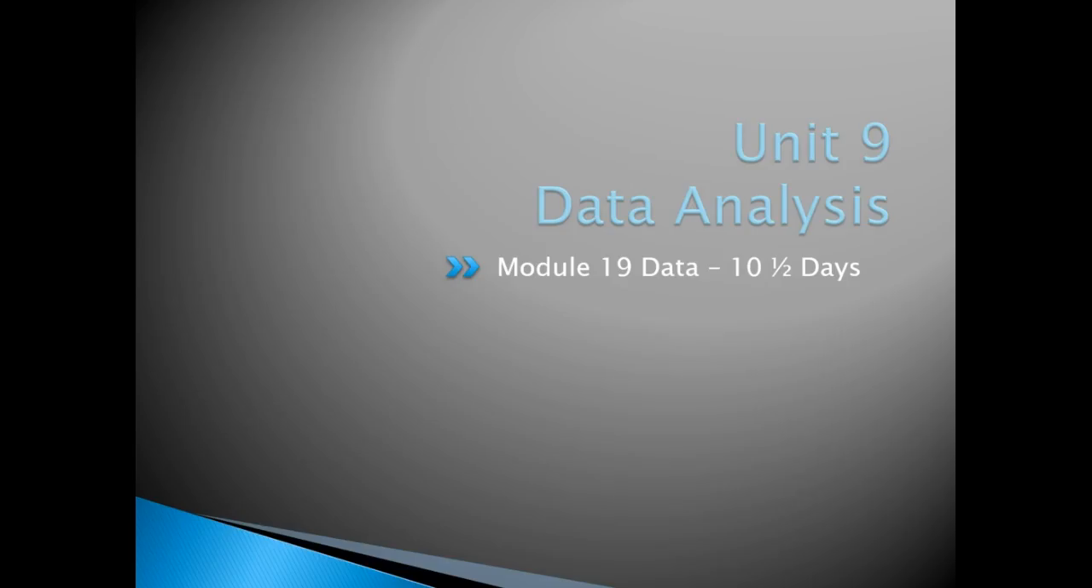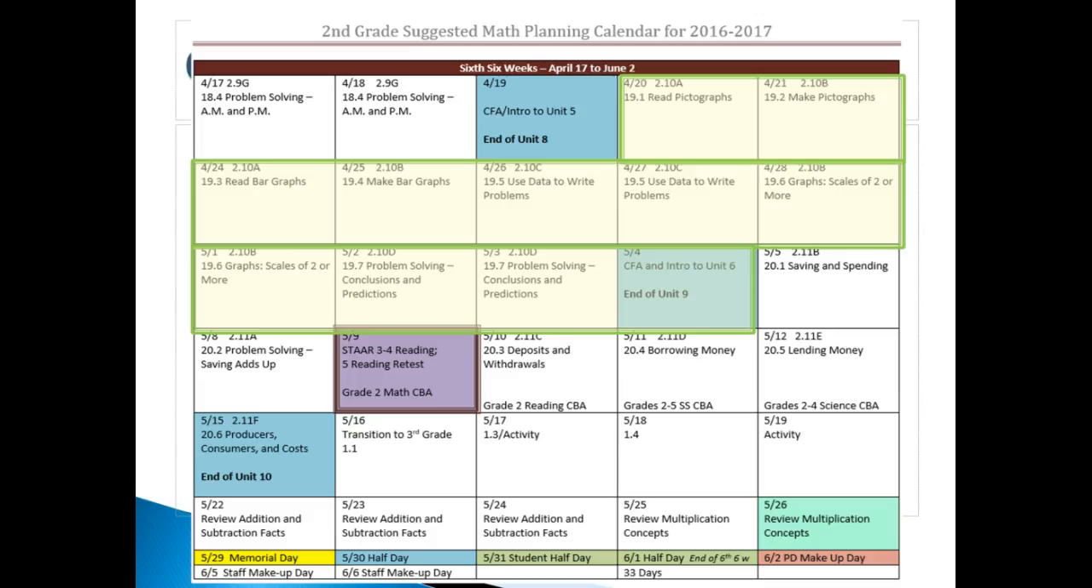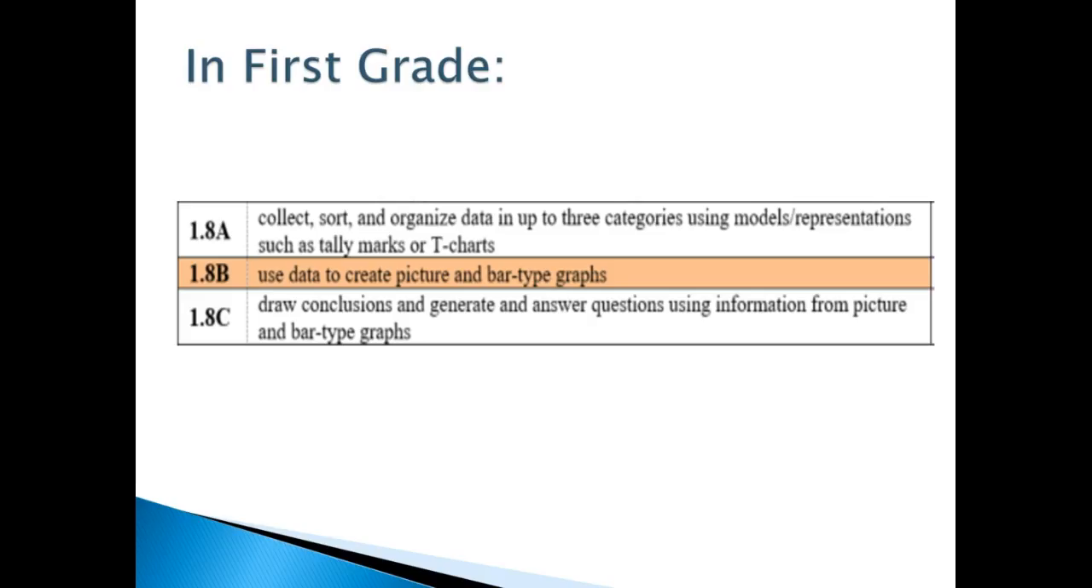Then after that, for 10.5 days, you're going to be going over data analysis. And anything highlighted in light green shows you where we are in the calendar for data. I just want to share with you in first grade, the kids learned how to collect, sort, and organize data up to 3 categories. In second, we're going to extend that to 4, using models representations such as tally marks